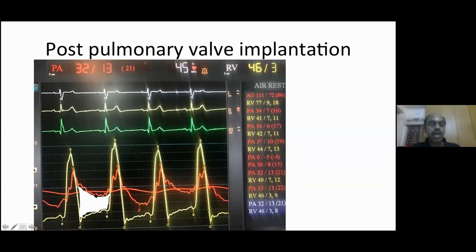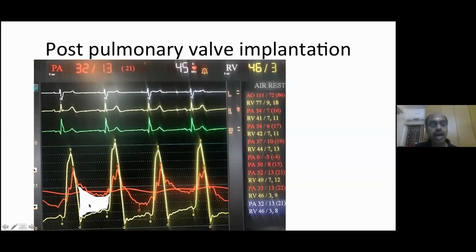On the contrary, this is never achieved in surgery when the surgeon tries to fashion a transannular patch with a monocuspid or bicuspid valve, or tries to fashion his own RV to PA conduit and test its competency. Because simultaneous pressure recording of the right ventricle and pulmonary artery with a high fidelity transducer is possible only in the cardiac catheterization lab. And so this gives us an advantage to assess hemodynamics and the competence of this pulmonary valve